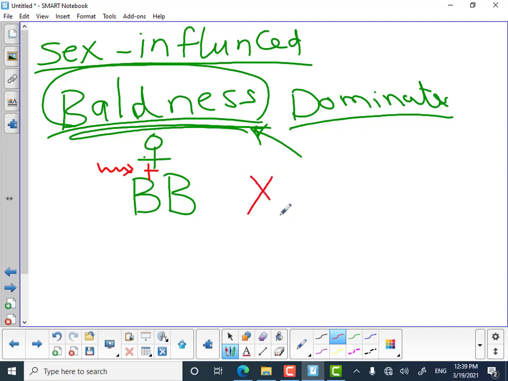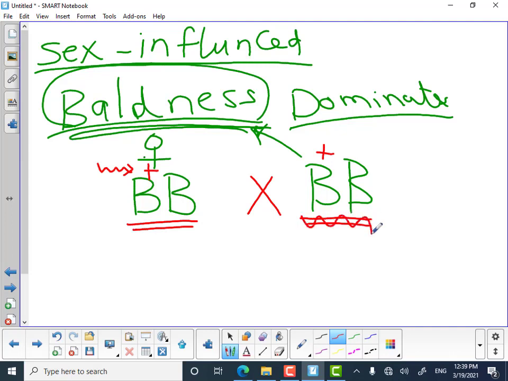If she mates with a man who is also hybrid because he carries only one gene of baldness, but in spite of this, the female and male have the same genotype. Here the genotype is equal, but here this female has normal hair